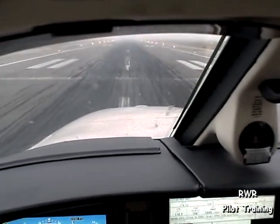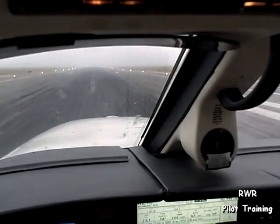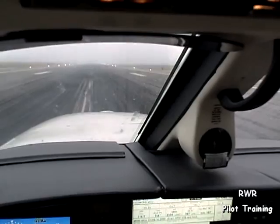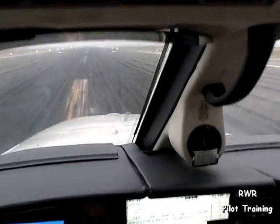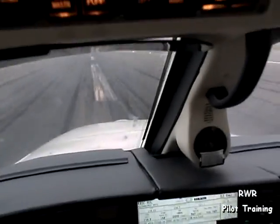90 over the numbers. 85 in the flare. And we'll set it down right here. And for the rollout, we'll use beta, back pressure, brakes,